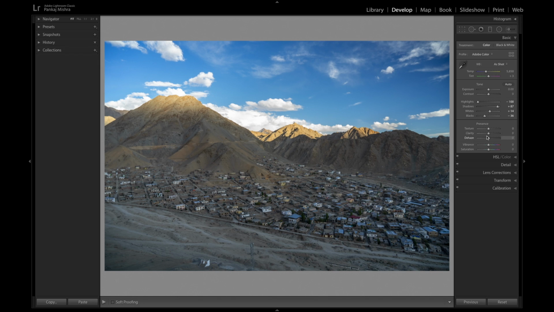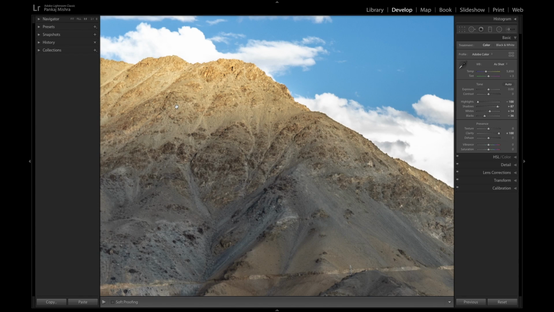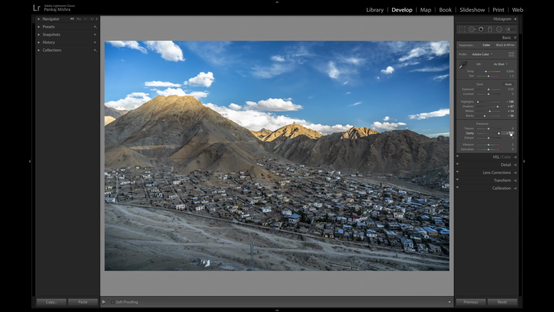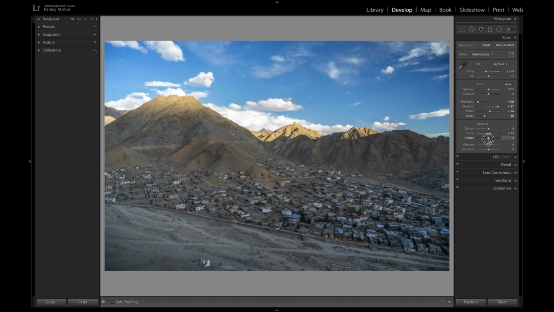Now we are playing with the clarity and haze sliders. As we know, clarity adds punch to an image, but please avoid overdoing it. Otherwise, what will happen? Your image will get ruined by overdoing clarity. The haze slider, as we know, will add or reduce the atmospheric haze in an image. See, you can easily check the effect by moving this slider.